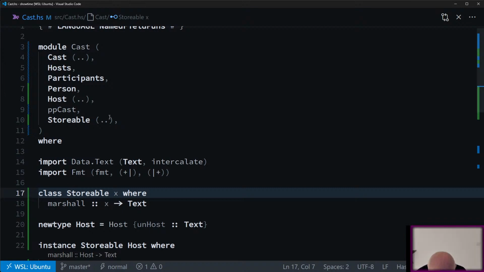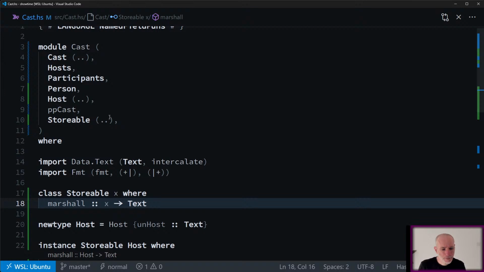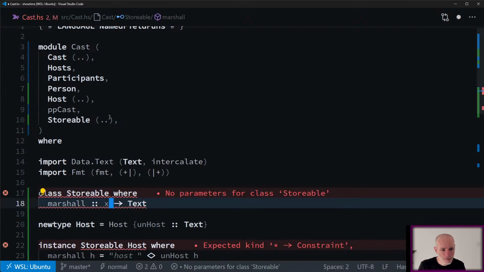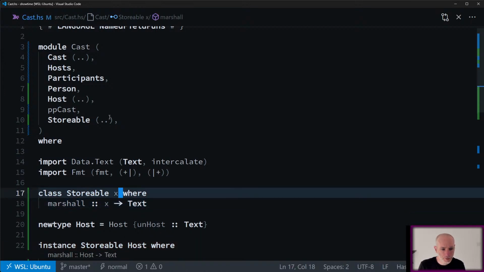So I think I might have to qualify this. Maybe I don't. No parameter for class Storable. So it needs some parameter.